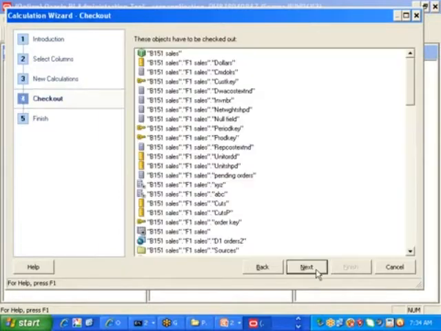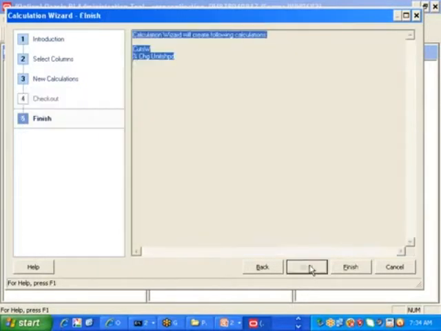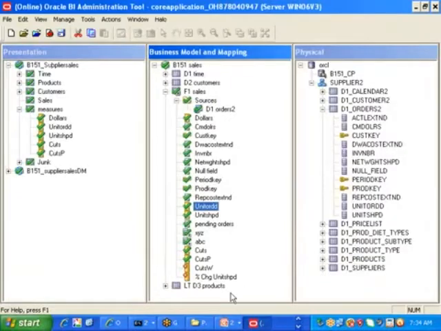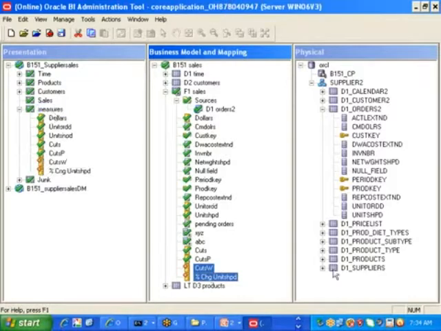Right. Click on next. Then click on next. It has created 2 columns. One is cuts W, then the other is percentage change. Click on finish. Those 2 columns came here. Drag and drop these 2 columns into measures. If you see the functions, cuts W and cuts S, both of them I want to compare.